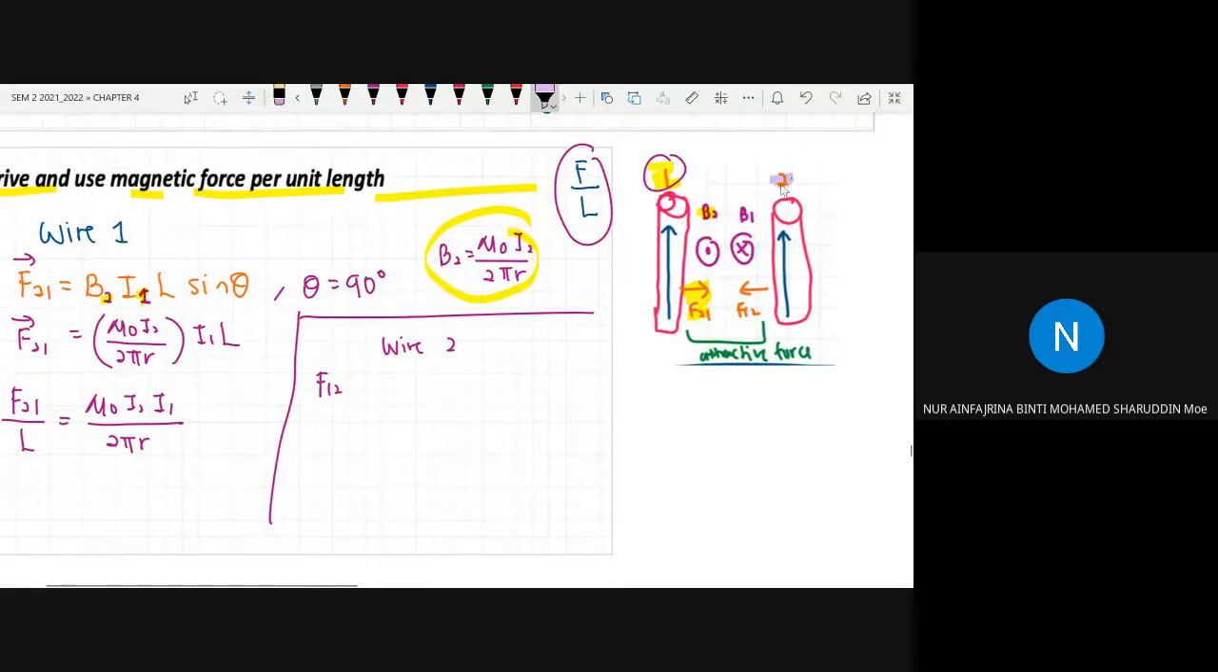Okay, so ini adalah wire 2. Dia adalah force 1, 2. So dia pakai magnetic field daripada wire 1. So dia akan jadi B, formula dia adalah BIL sin theta. Cuma bezanya sekarang magnetic field dia adalah daripada wire 1, current adalah current 2 sebab dia adalah wire yang kedua. So macam Miss cakap, so B ni